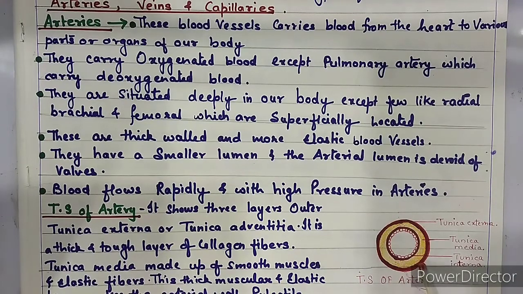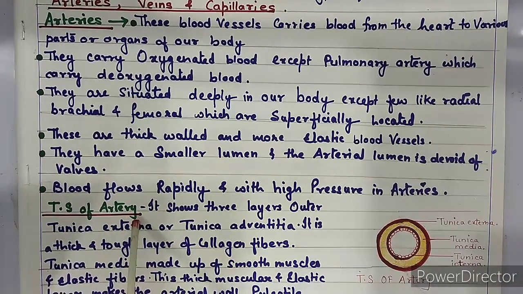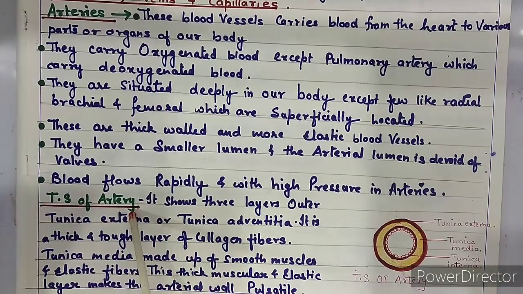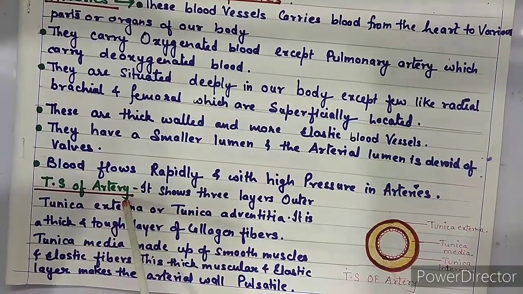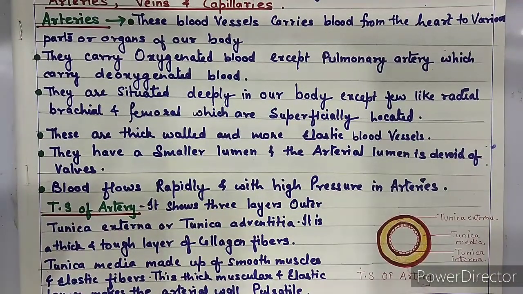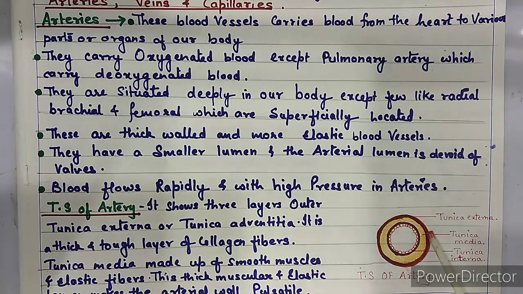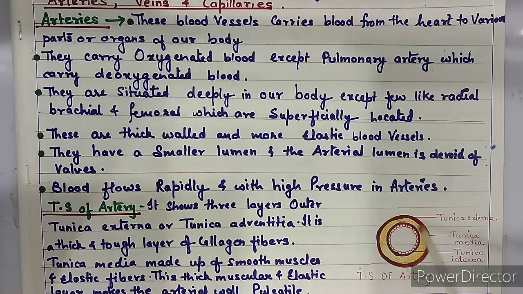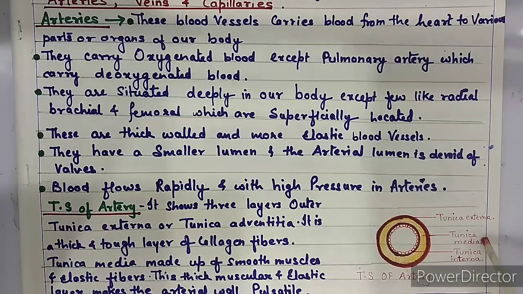So next we are going to study the transverse section of the artery. When you take a section of the artery, how does it look? What all are present over there? So remember one thing, children, the section of the arteries shows presence of 3 layers. The outermost layer is called tunica externa. What is it called? Tunica externa. This middle yellow layer, which is very thick, is called tunica media.